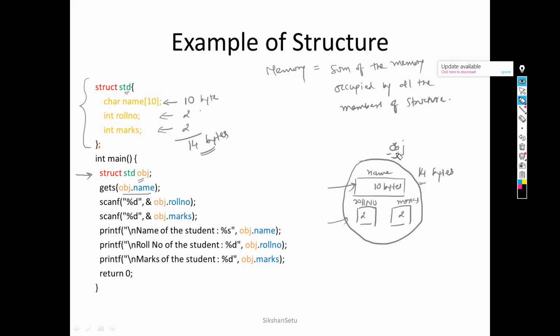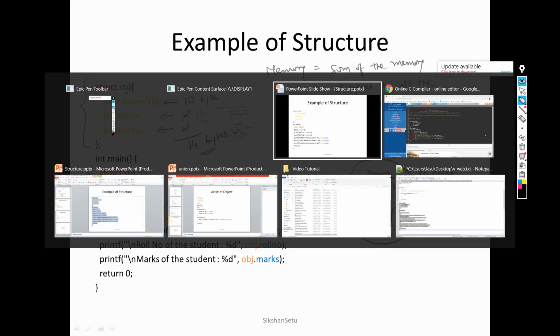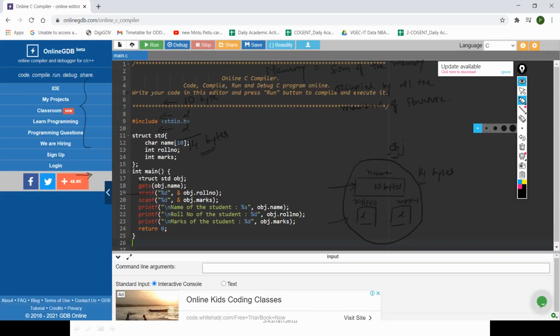So this is how we can execute this code, and I want to demonstrate the execution also. You can see here we have the same code. We have declared a structure, and then we are getting the value and printing it.